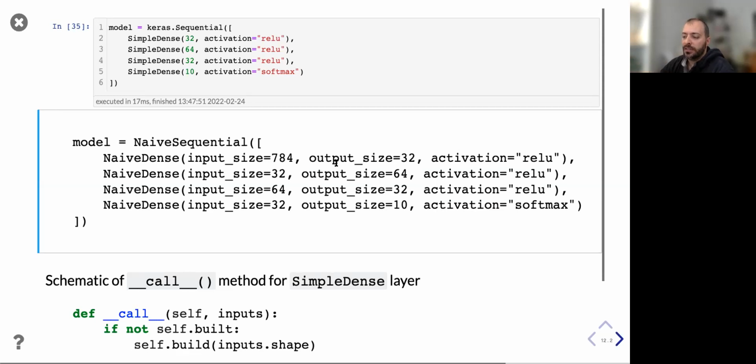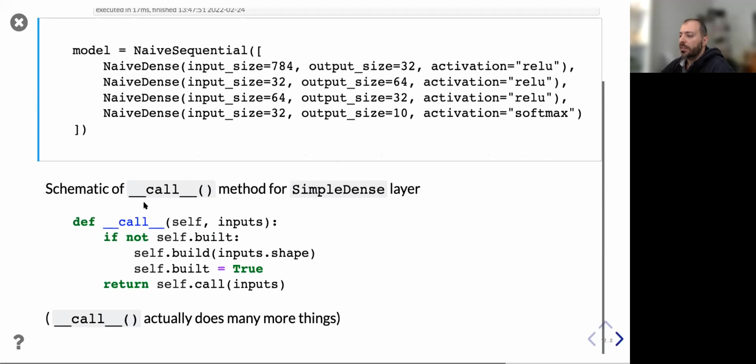And how it does it schematically is this. When you call the layer, it actually calls the dunder call function, this method. And this method internally does something like this. So the first time that you call the layer on a tensor,